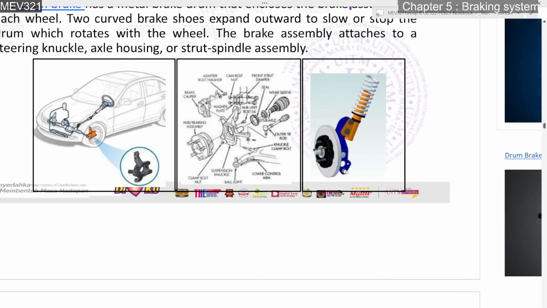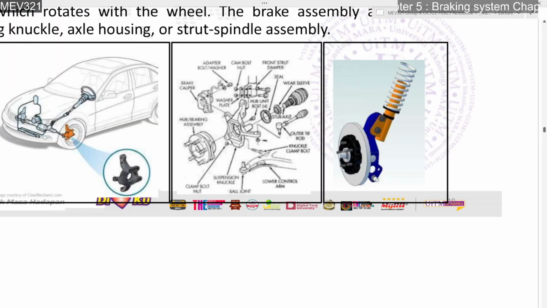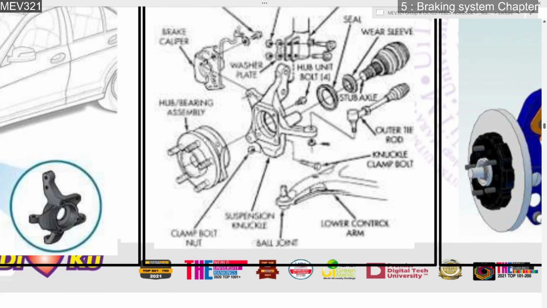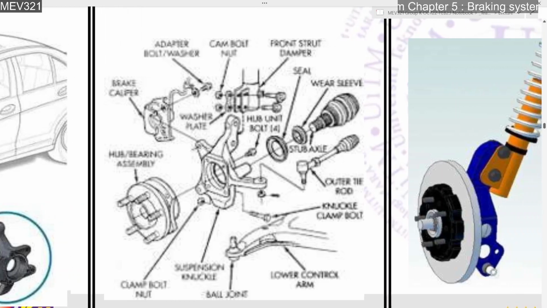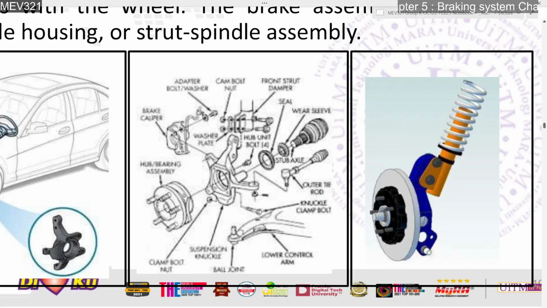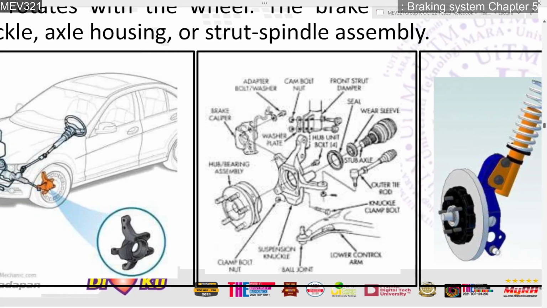Komponen dia tadi kita tahu kita ada hub, drum dia, kita ada backplate, itulah kita ada punya lining, kita ada punya shoe, brake shoe tu kan. Okay, brake shoe tu yang akan buat friction dengan rotating drum tu. Jadi bila ada friction, yang tu yang jadi perlahankan awak punya tayar punya kereta. Okay, jadi